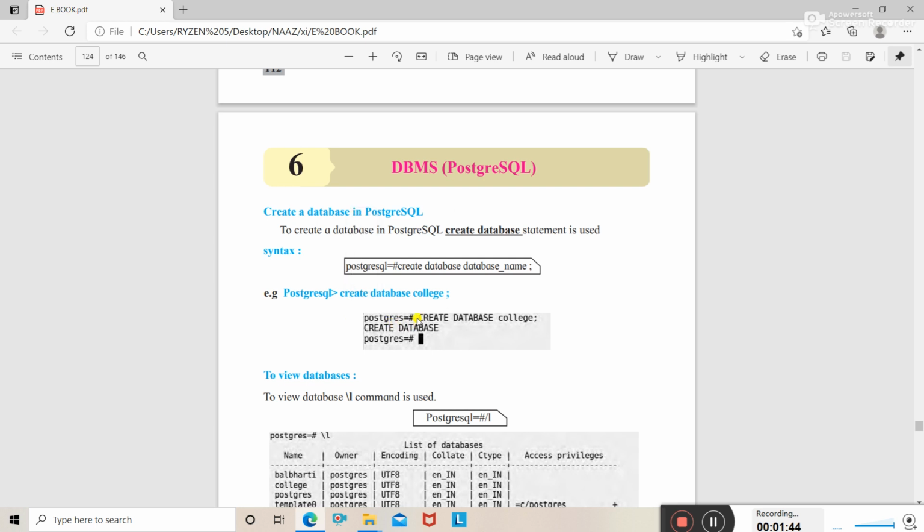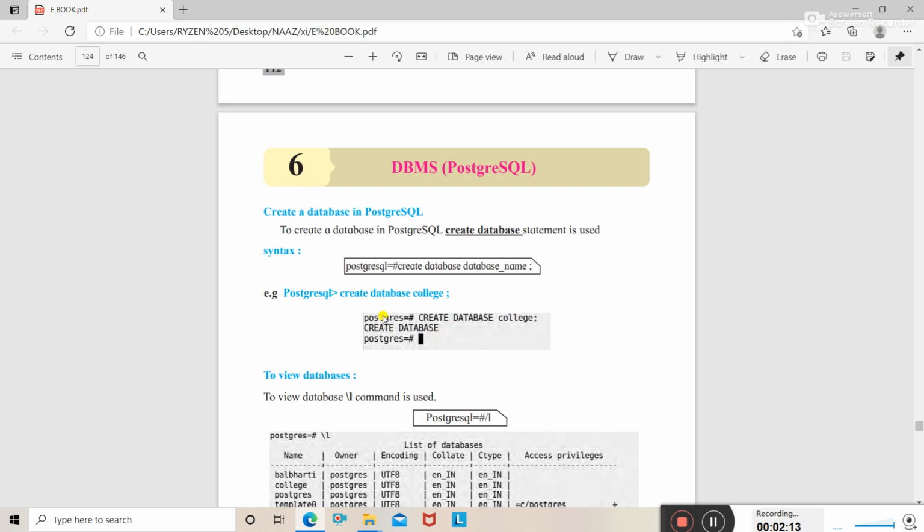Now Postgres is the default database name which will come on the PostgreSQL application. When you open the application and enter the ID and password of PostgreSQL, it will display Postgres as your default database name on the screen. Then create database college will create a college database in your Postgres.